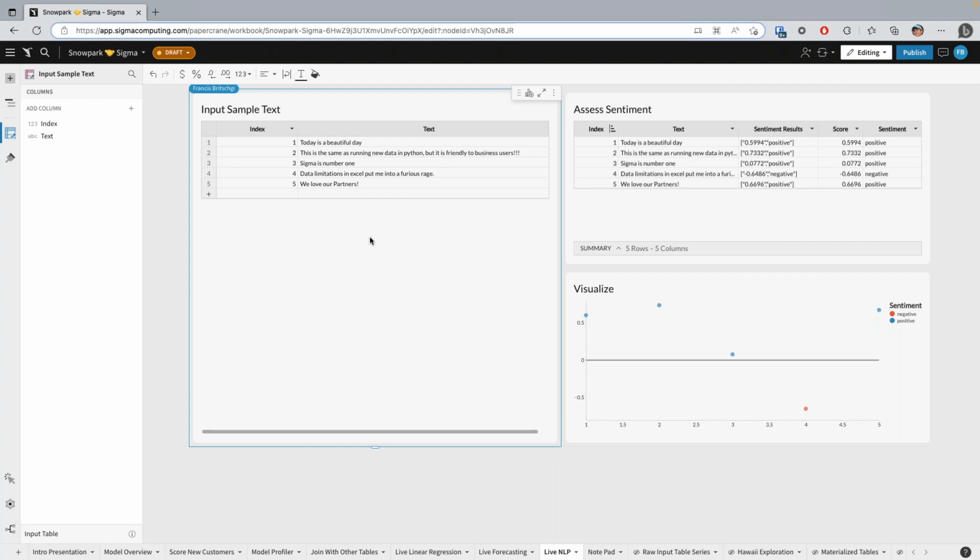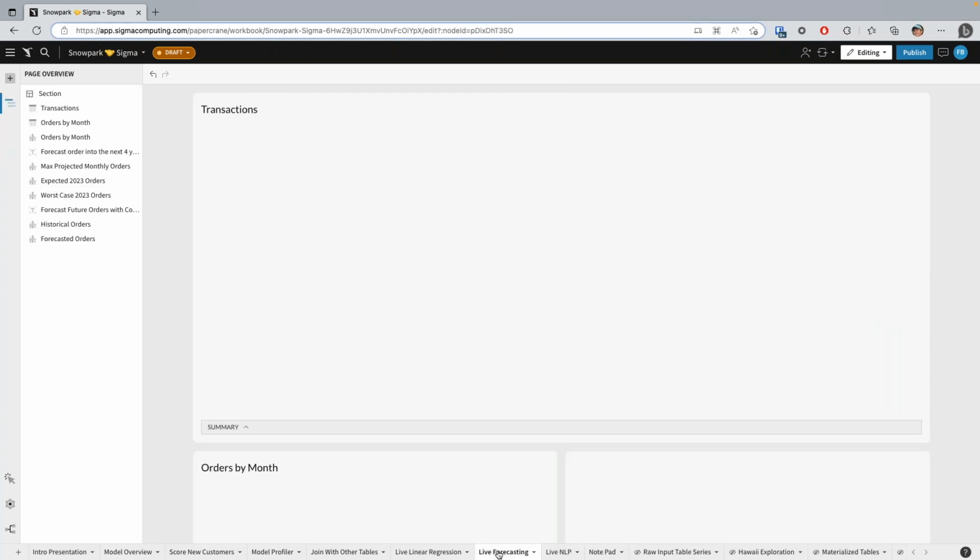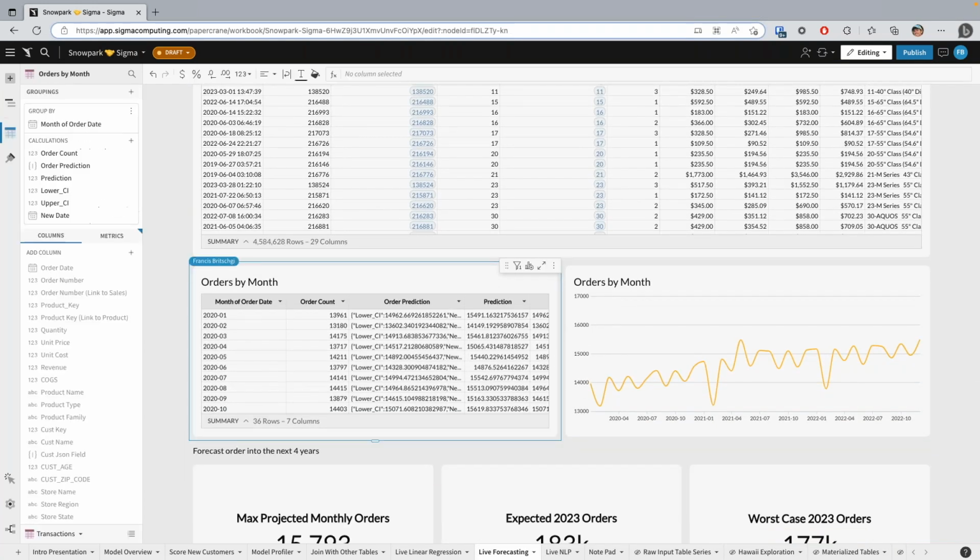But what we also have seen in our live forecasting is the ability to run it against existing tables. And so together, we want to be able to show that this is a UDF that can be used across existing warehouses and new data, and that there's going to be great applications between the two, depending on what fits the use case. But ultimately, this is something that's great for anywhere where you have a large data set and you want to be drilling into specific aggregations, anywhere where you want to be adding in that ad hoc data, or really anything in between.